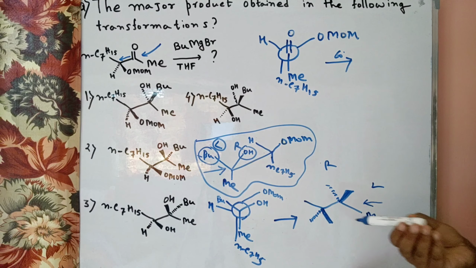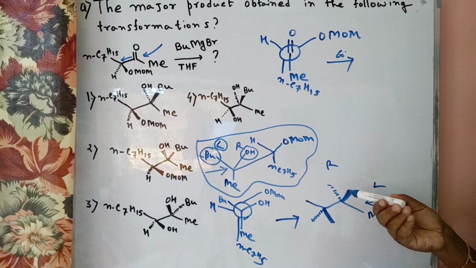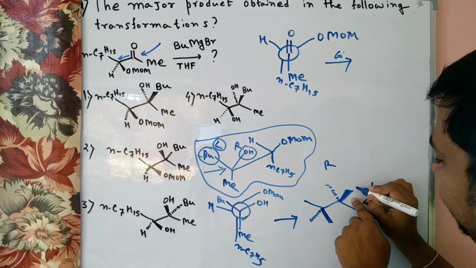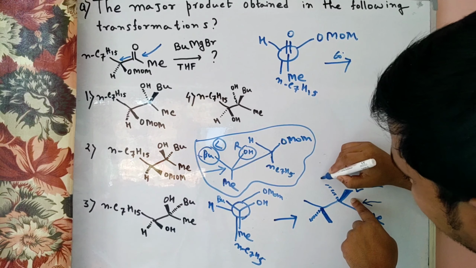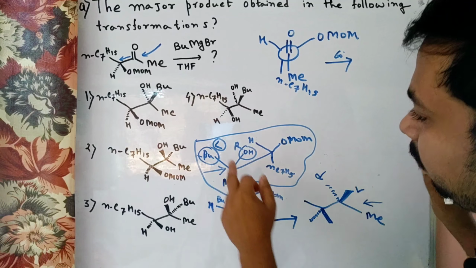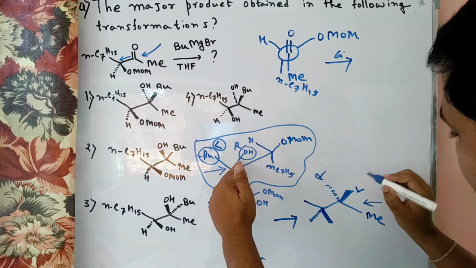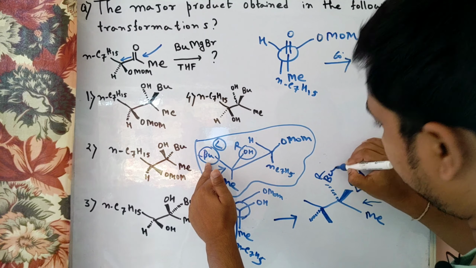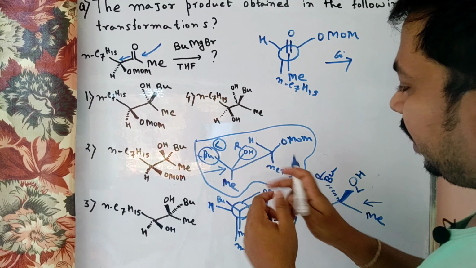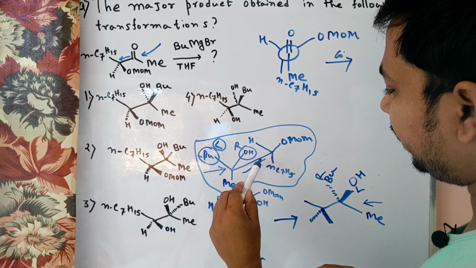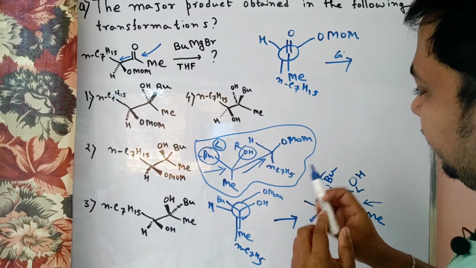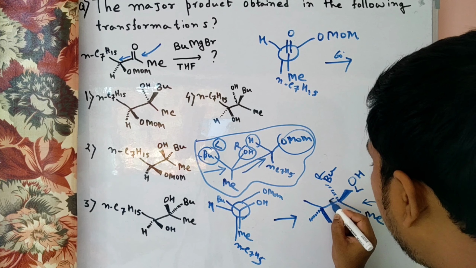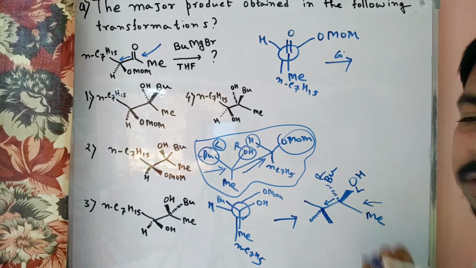on the plane. So now this one is our down bond. So we can easily say that our left is this upward bond and right is our down bond. So now here on the right side OH is present, so we can easily place OH, and on the left side we can easily place butyl. And then when you see our next front carbon, our right side is MOM and left side is OH. Now we present on that position of bond.